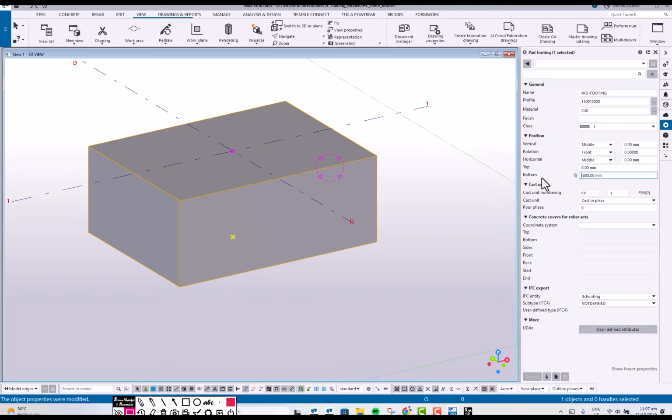Okay? Now, what if my foundation is below zero? Because at the moment, the top of our foundation is exactly on the zero, right? What if the top of my foundation is, let's say, 500 millimeter below the zero, and then the thickness of my foundation is, let's say, 1,000. So what will be the value? Okay, so here the top will be negative 500,